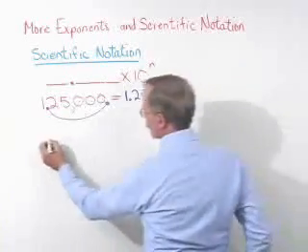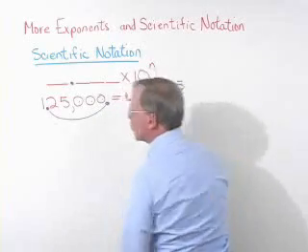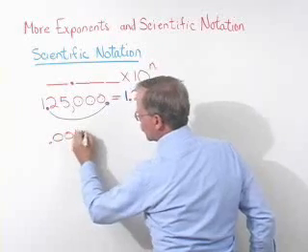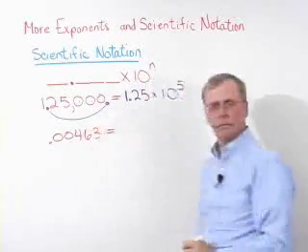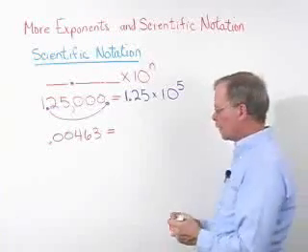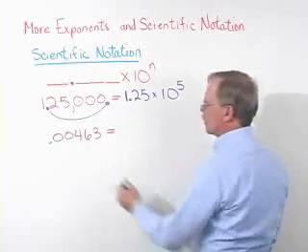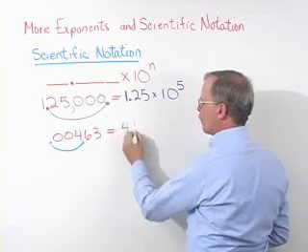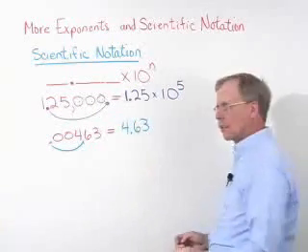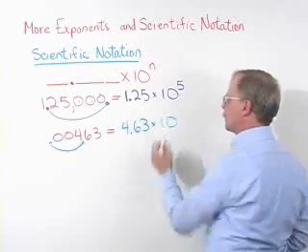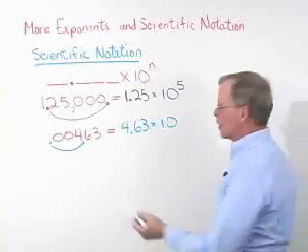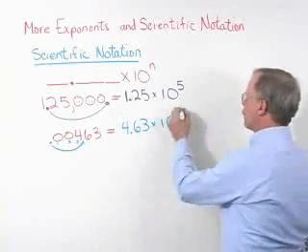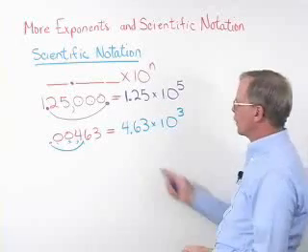If we had a very small number, say our number was 0.00463, then again we would have to move our decimal place over so that it was here, making our number 4.63, and then times 10. Well, now how many places did we move it? We moved it 1, 2, 3 places, but if we put a 3 here, that looks like we'd move it